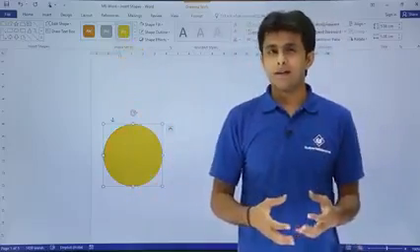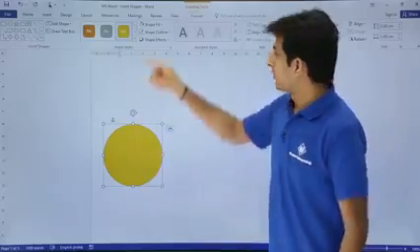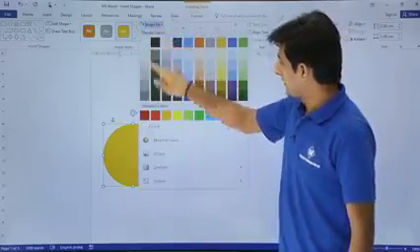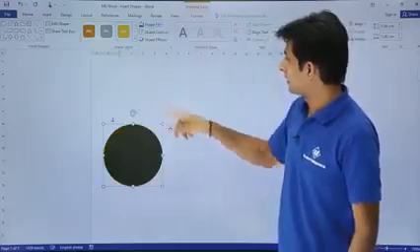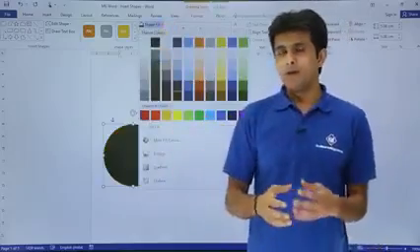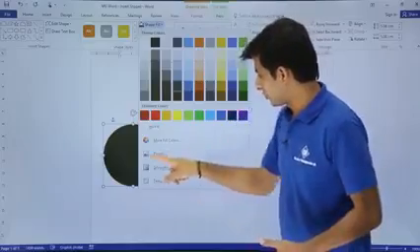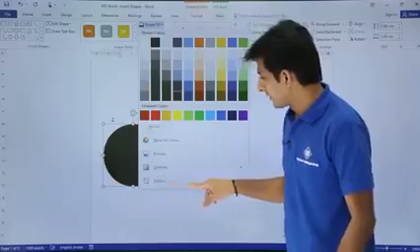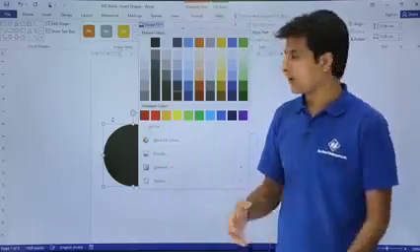If you do not like the color of that, if you want to give your own color, you can choose from this Shape Fill. If you click on this Shape Fill, these are all the colors. If you select any one color, you can give it. Still, if you want, you can give some pictures also. You can select this Picture and insert any logo, any picture from here also. Similarly, there is some texture and gradient. You can choose whatever you want.